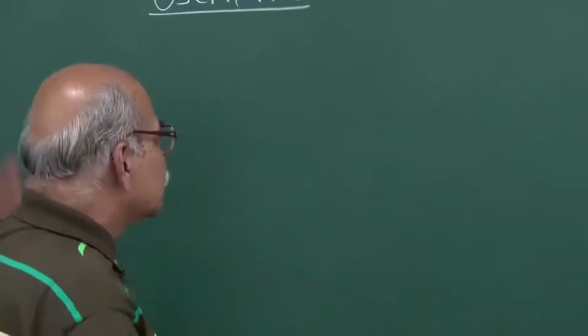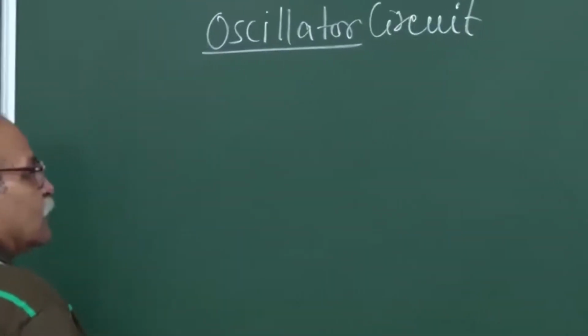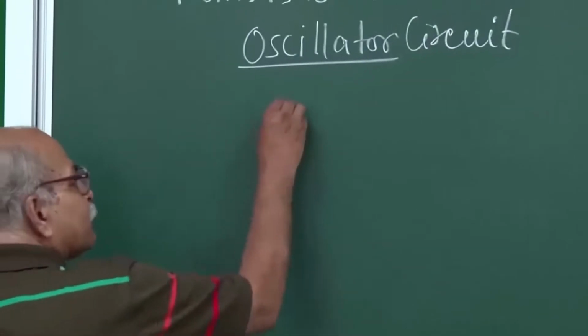So, to study those things and to make new materials, we need sources which can give us alternating current voltage at several frequencies, so that I can tune the frequency, change the frequency and do my experiments. The circuits which are used for creating that alternating voltage source from DC are